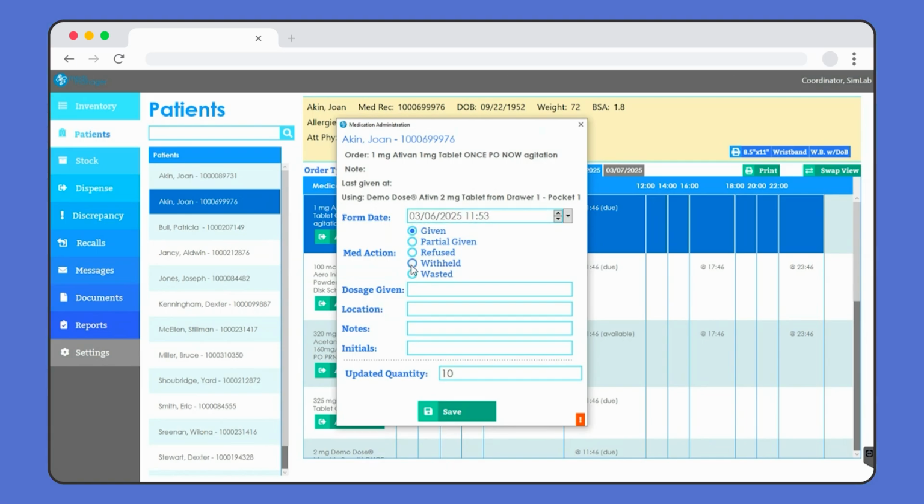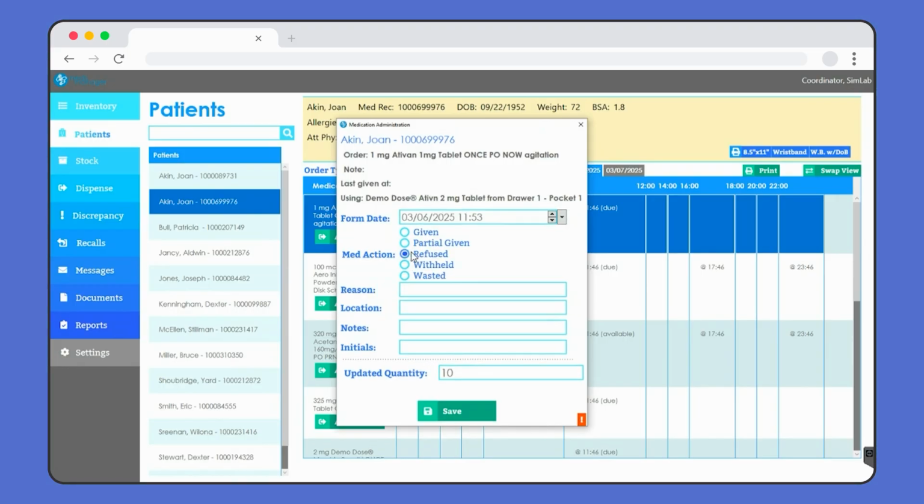There are 5 radio buttons that enable the student to make a selection on the action that they're about to take. If the student selects given or partially given, they're prompted immediately beneath for a dosage box, and they type in how much of the medication the patient is receiving. If the student chooses the 3 medication actions, refused, withheld, or wasted,